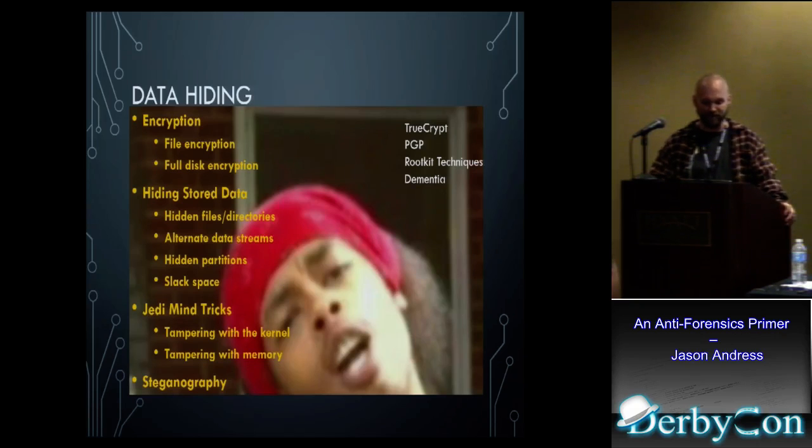Same thing with memory tampering. There's a really cool tool called Dementia, which can do some really interesting tampering with memory. If you haven't checked that out, definitely something to look into. And Stego stuff, of course, if you can hide the data where they don't know that it's there in the first place to go looking for it, then that can be a somewhat successful technique. Although there are lots of ways to go look at files to see if they've got Stego hidden data in them. Looking at the entropy of the file and whatnot, you can usually tell that something is there, even if you can't get it.